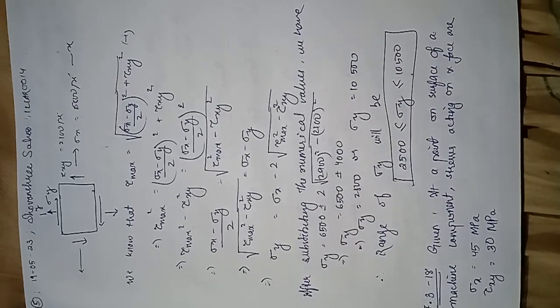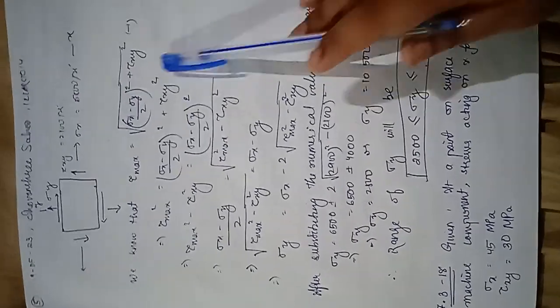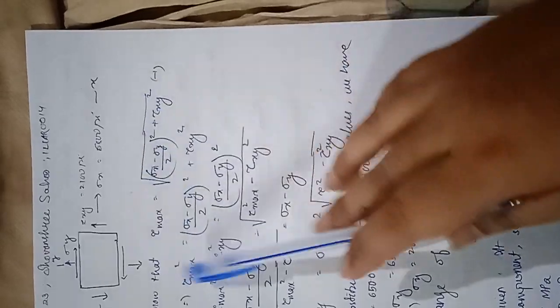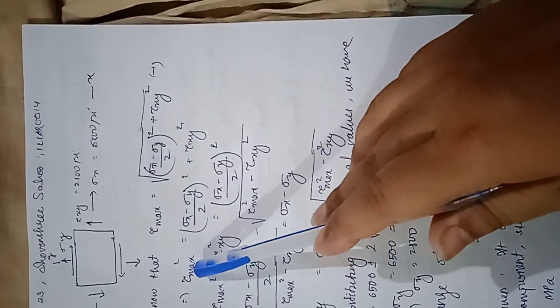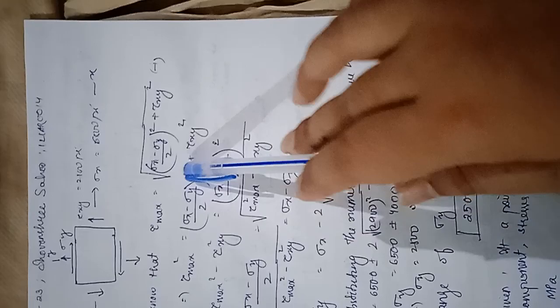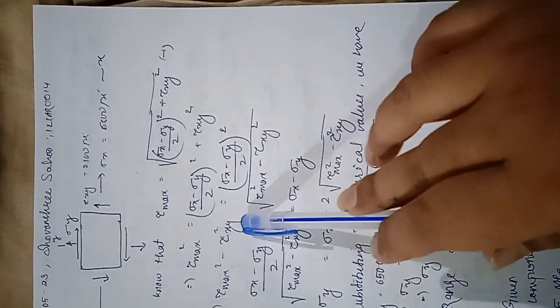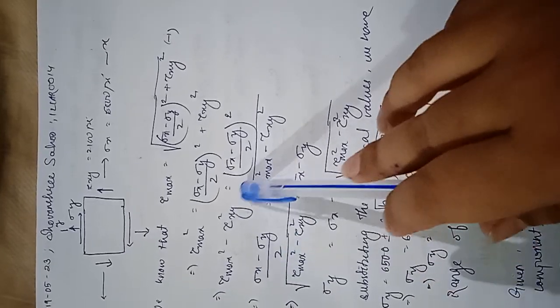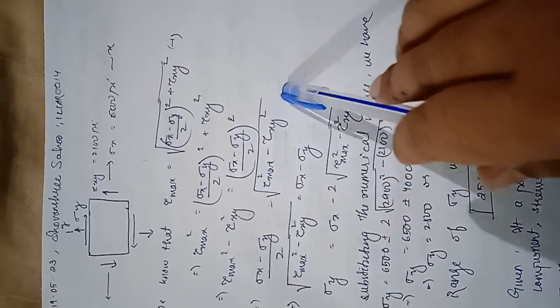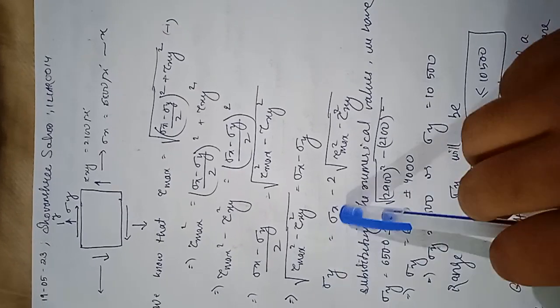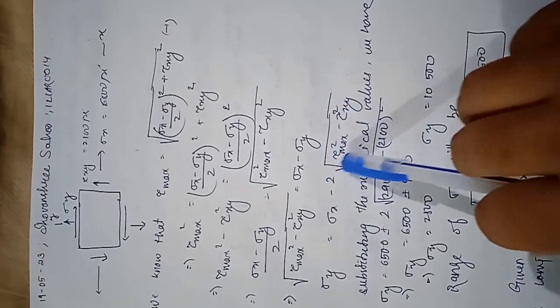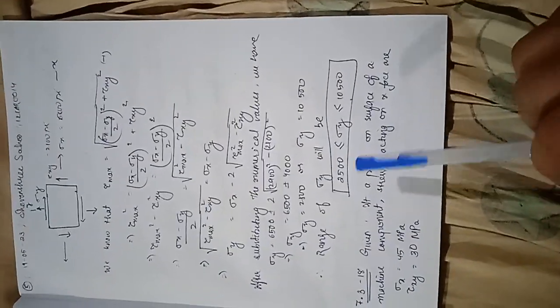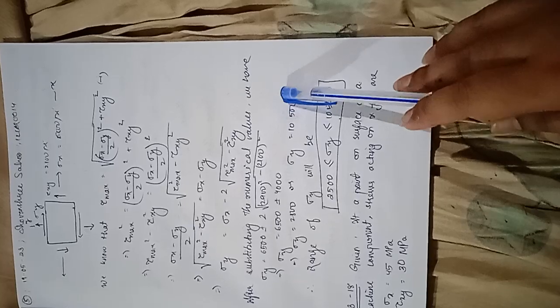So we know that tau max is equal to the square root of ((sigma x minus sigma y) by 2) whole square plus tau xy whole square. So solving the equation, taking the square, tau max square equals ((sigma x minus sigma y) by 2) whole square plus tau xy square, so tau max square minus tau xy square equals ((sigma x minus sigma y) by 2) whole square, and (sigma x minus sigma y) by 2 is equal to root over tau max square minus tau xy square. Hence sigma y is equal to sigma x plus minus 2 into root over tau max square minus tau xy square. Now putting the values, sigma y is equal to 6500 plus minus 2 root over 2900 squared minus 2100 square,